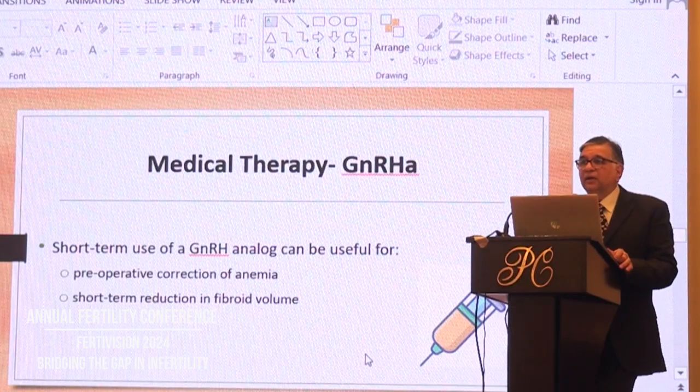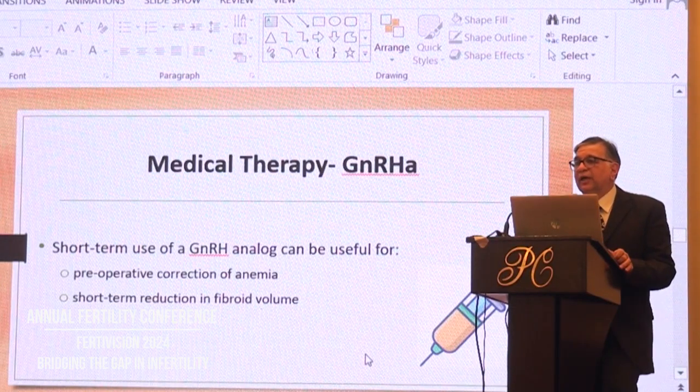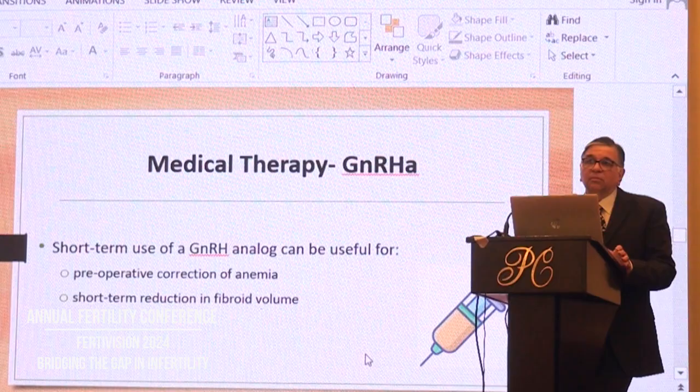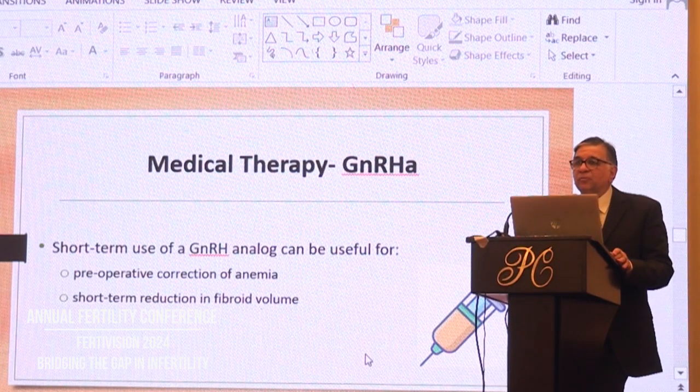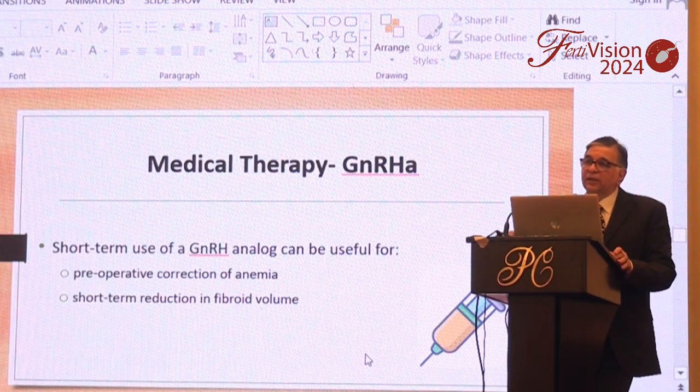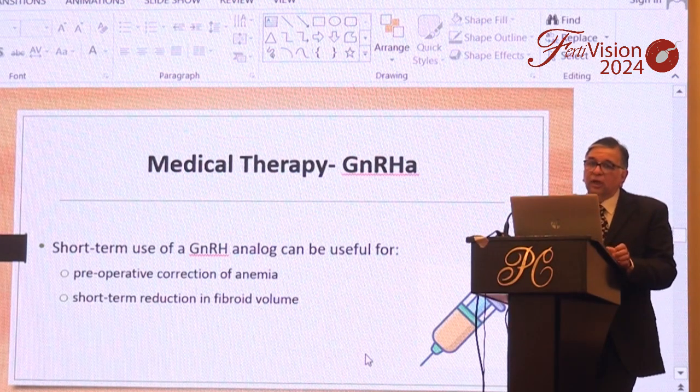Now, I have never had good experience with GnRH analogs. The fibroids do reduce in size, but if you leave them alone, the size starts to come back. And many of my colleagues favor using GnRH analogs before surgery for fibroids. I actually find that it makes the surgery more difficult, because a softer fibroid with inability to define the capsule